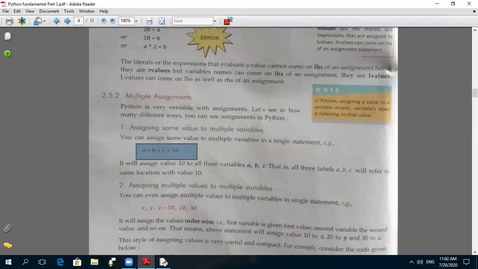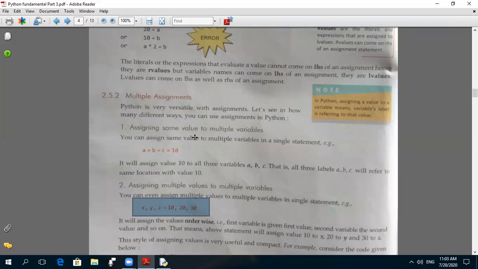Another thing is you can assign multiple values. You can assign values to multiple variables in this manner as well as this manner. Here values are multiple as well as variables are multiple, but in the first, the value is the same and variables are multiple. This is the difference.